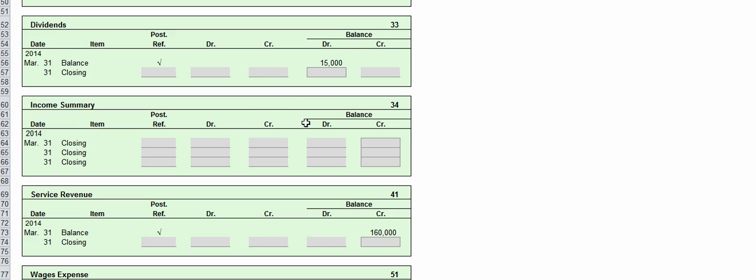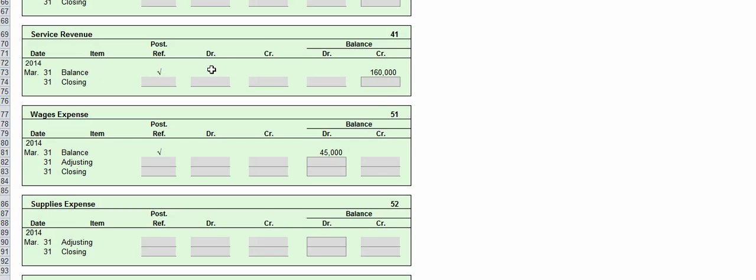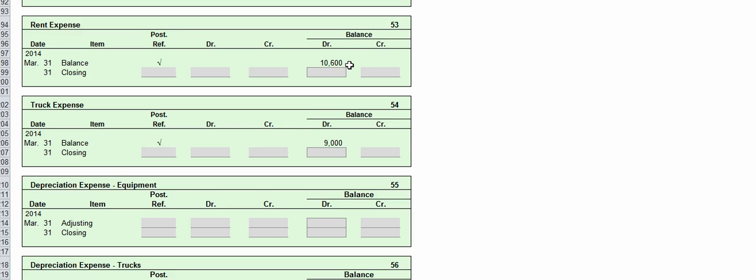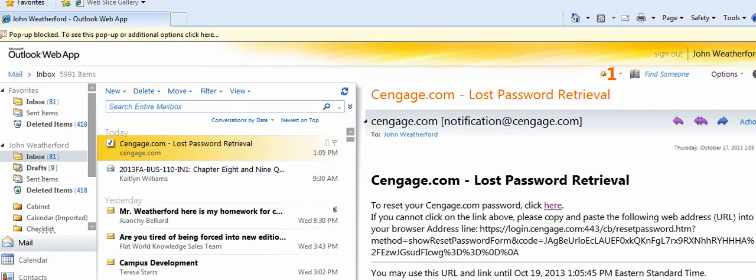Service revenue. They're using service revenue rather than fees earned in this chapter. And a different business could call it by different names, but it would be up to the owner. Service revenue should have a credit balance of $160,000. It does. Wages expense $45,000 on the debit side. Supplies expense does not yet have a balance. Rent expense, debit balance for $10,600. And I'm just checking these from that unadjusted trial balance on bottom of page 200. Truck expense, a debit balance for $9,000. And miscellaneous expense,